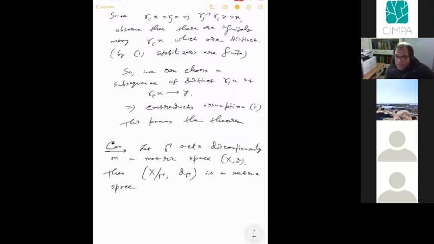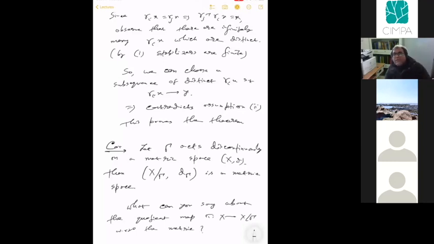Okay, so now what can you say about the quotient map with respect to the metric? So I will answer you the question, but before that,